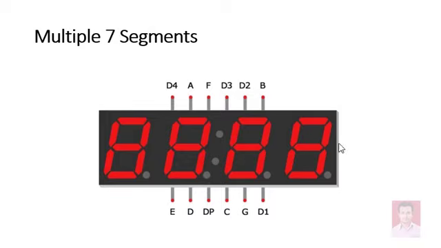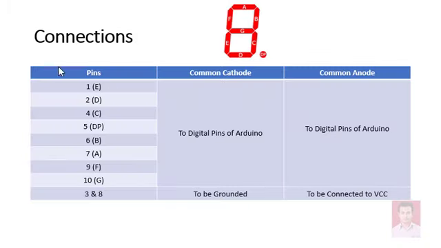This is given just so that you have the knowledge of what different kinds of 7 segment displays are available in the market. So moving further, the connections are explained in this PPT. As we know, pin number 1 is E, pin number 2 is D, pin number 4 is C, pin number 5 is DP. In the same fashion, all pins are explained here. Pin number 3 and 8 in case of common cathode must be grounded. In case of common anode, they must be connected to VCC. And the rest of the pins are to be connected to the digital pins of Arduino Uno. Moving further,